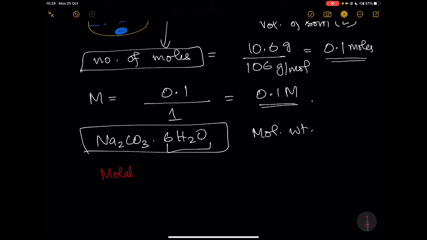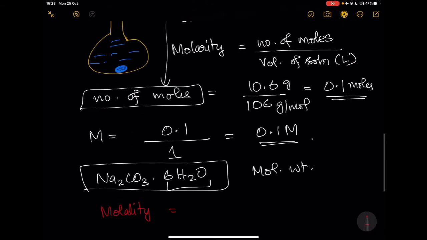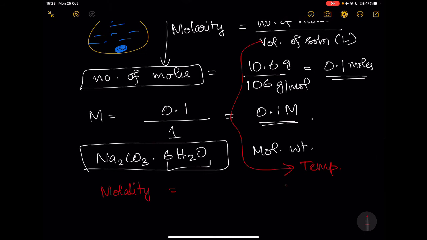Now, having said this, the next definition that we'll be looking at is molality. Let's ask a question that complicates: why is molarity not enough? Although that is a concentration unit that is quite prevalent, the volume is a temperature dependent phenomenon, meaning that as you keep changing temperature, multiple things could happen. Remember, volume is going to be given by mass divided by density. And therefore, density ends up varying as a function of temperature, due to which volume will vary for a given mass. So that complicates measurement of molarity, especially if you're trying to say molarity for a given, say, sodium carbonate, then you have to specify at what temperature you're talking about.